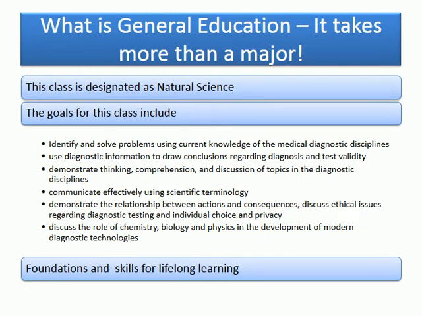This is a general education class in natural science, and general education courses at UW-Milwaukee are intended to form foundations in their areas of designation and to form a basis for your lifelong learning. The goals for this class include developing knowledge of the physical and natural world, developing your intellectual and practical skills, including inquiry and analysis, developing critical and creative thinking, and also information literacy, and developing foundations and skills for lifelong